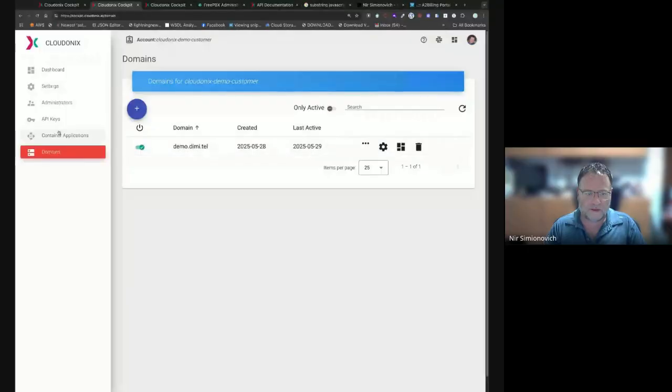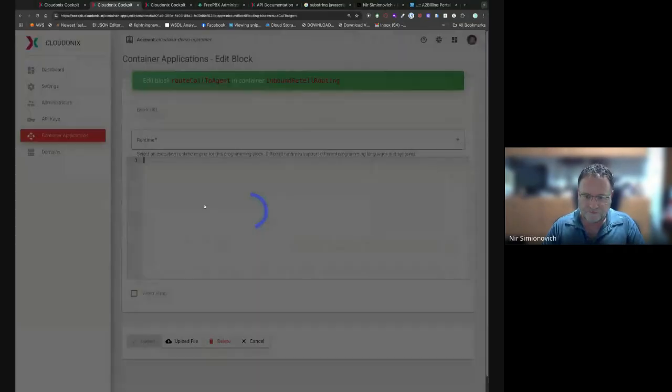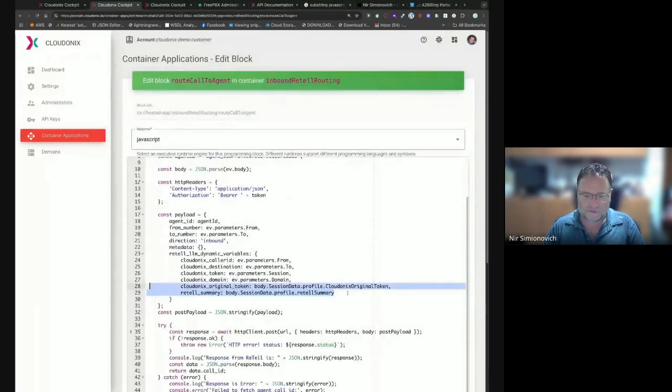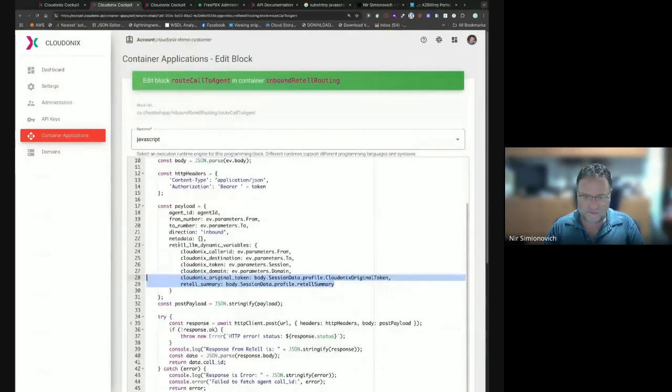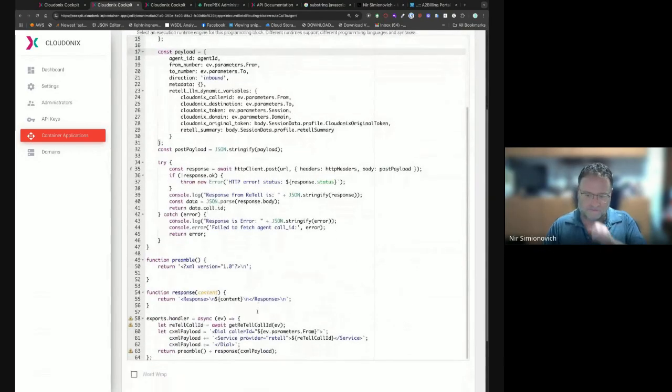So what the container application does, remember we got these variables from the request previously. So basically we create the registration on retail. We get a call ID, and then we simply dial to the agent, which is 10,000.